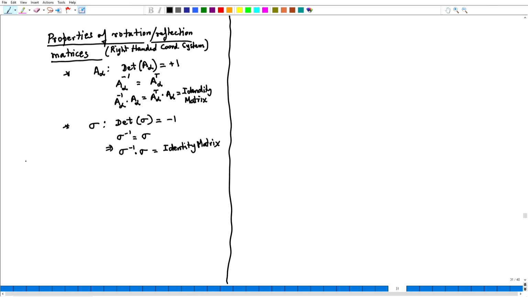So, this was just an aside to know a couple of properties of these matrices. Now, let us develop all the possible two-dimensional point groups very quickly. But I think what I will do is we will develop all the two-dimensional point groups starting in the next lecture.